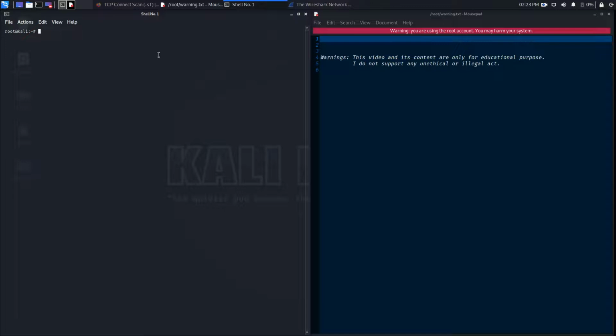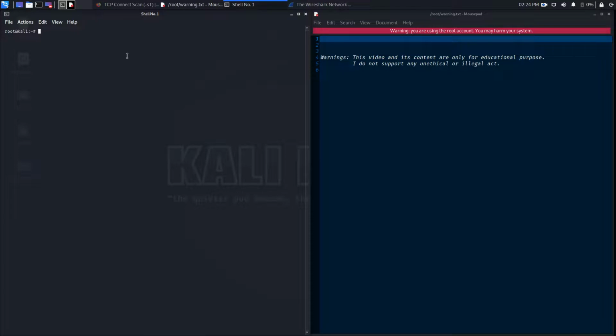There are a lot of tools for Windows also. You can also run this tool on Windows. There are a few flavors for this tool. Nmap has ZenMap, which is GUI based, and there is also a web based version of Nmap. You can use that also, and you can generate the reports. So without wasting time, let's go to the lab.